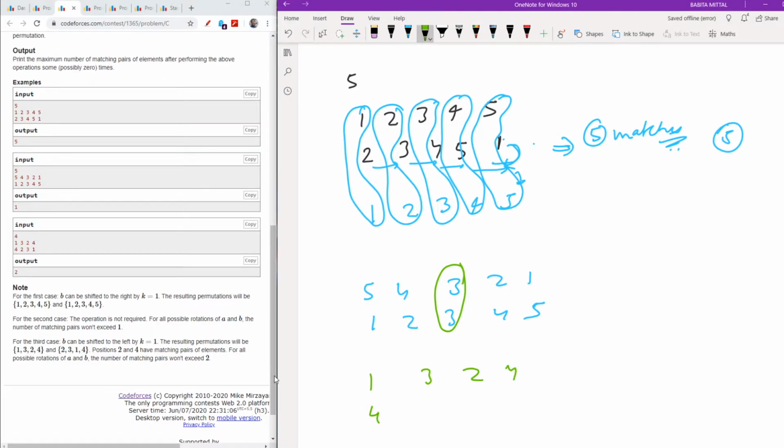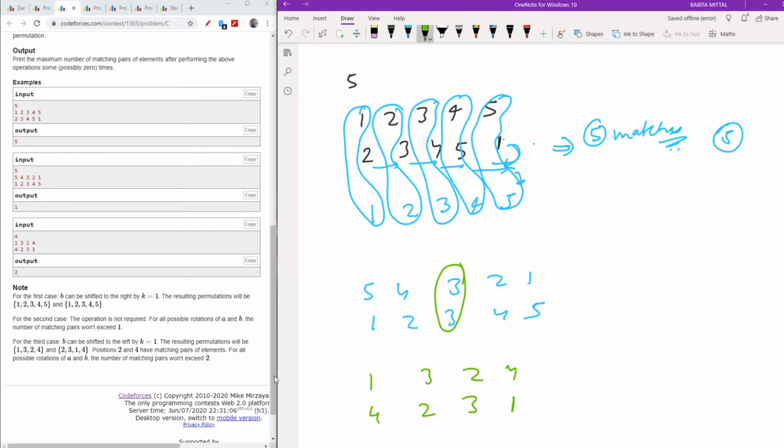When I shift it one time, 2 will come here, my 1 will go here. So it will be something like 1 4 2 and 3. So 1 1 and 2 2. So the maximum number of matches is 2.